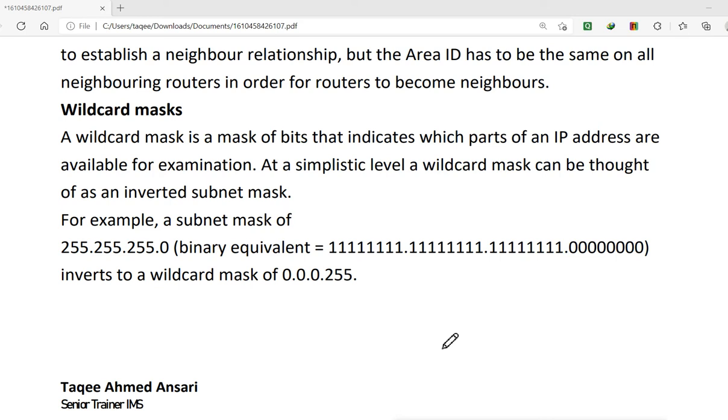Let's say, for example, we have a scenario here where we have a routing. This is our router here, and there is another router here in our local area network, and we have a LAN network here, also a LAN network here. These are also connected to this router, and on this router we also have one interface connected to the internet.